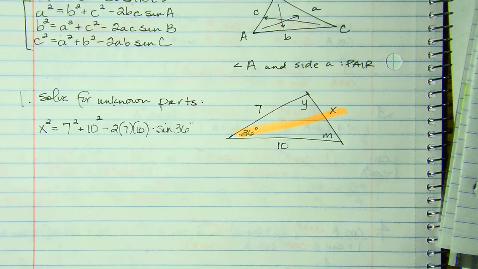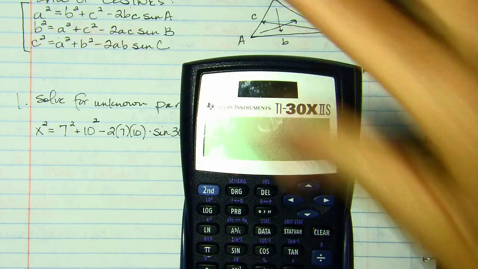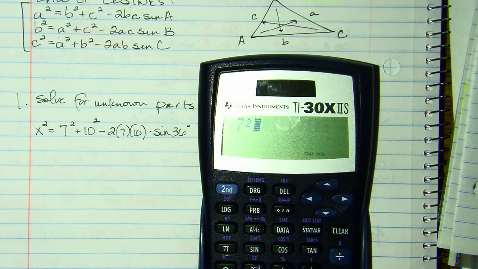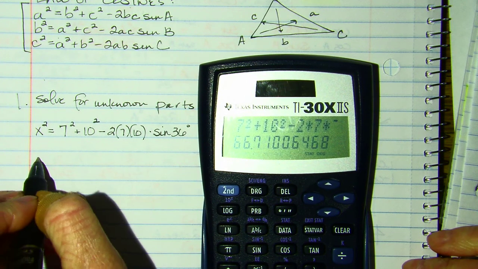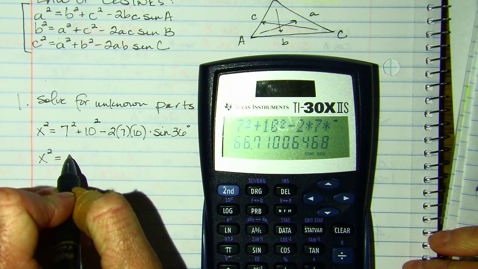So in this one, this is pretty easy. I can just enter everything on the right-hand side. So 7 squared plus 10 squared minus 2 times 7 times 10 times the sine of 36. And I get x squared equals,